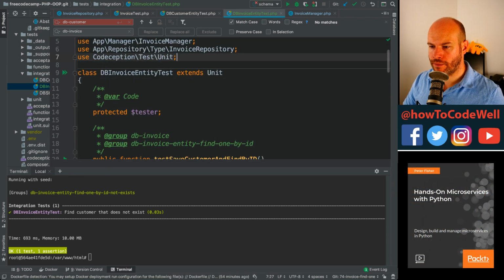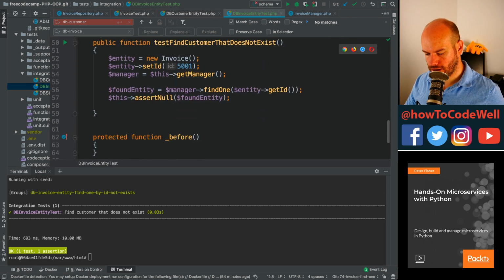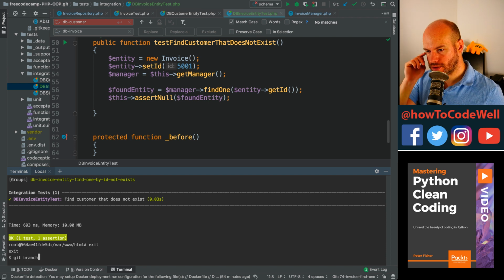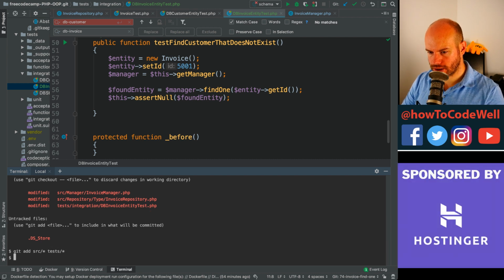Yep. I'm going to commit this because this really encapsulates the Git branch that we were just playing with, the 74 job, the invoice find one. So what I think I'm going to do is take a breather and go git status. These are what we've changed for this to work, and we're going to do git add src, all the things, tests, all the things, and we're going to do a git commit. I'm going to push these up,